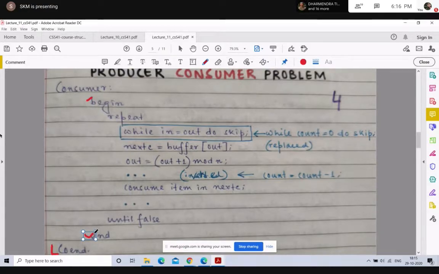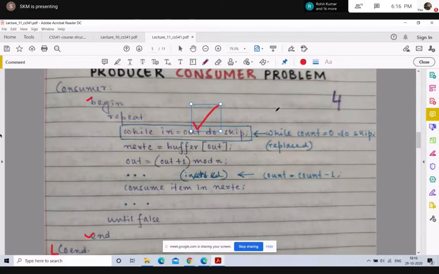Now, for the consumer process, it will check whether in is equal to out or not. That is this statement. So if in is equal to out, that is the condition that the buffer is empty. If the buffer is empty, there is no item that the consumer can consume. So it will wait in this while loop.